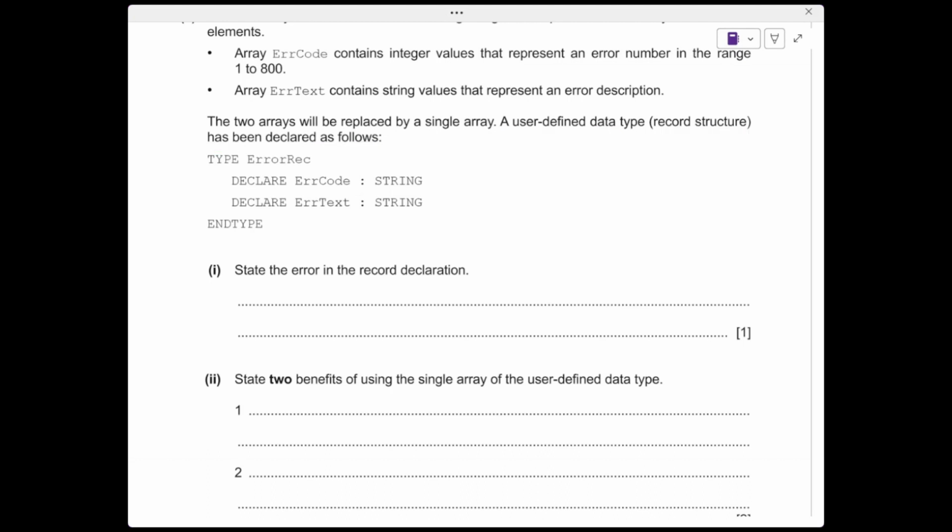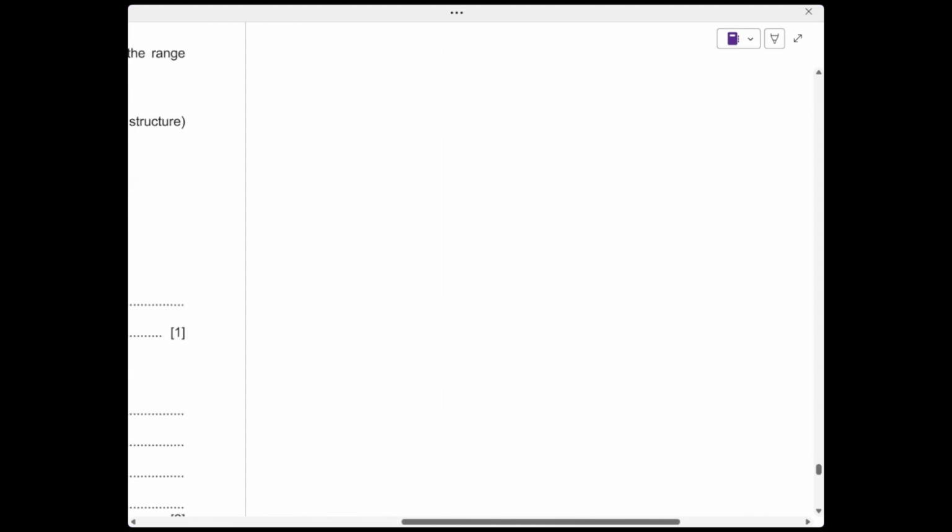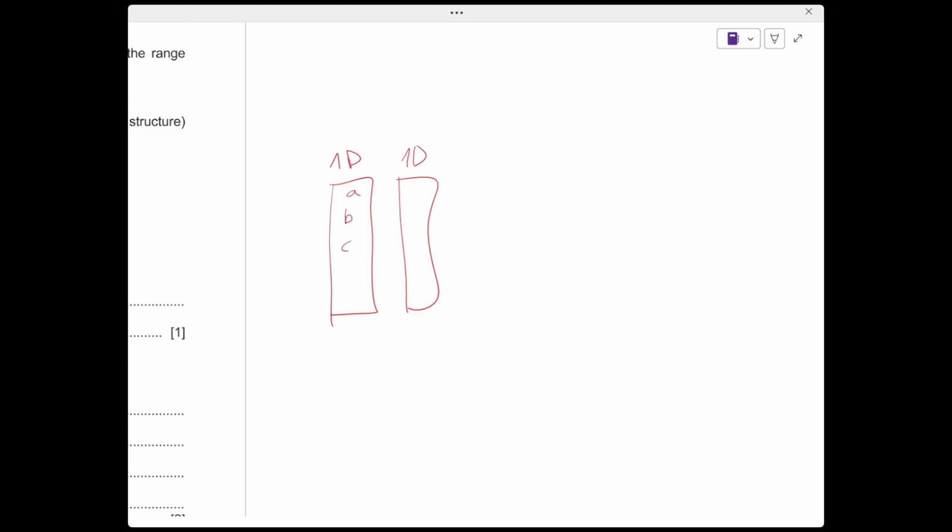Okay, so we will replace the two 1D arrays with one 1D array, and each cell will contain a record that contains two elements. That means we have a 1D array here, a 1D array here. For example, I'm talking in general, letters A, B, C, D, and here 1, 2, 3, 4. I want to save this kind of data. This is option 1,